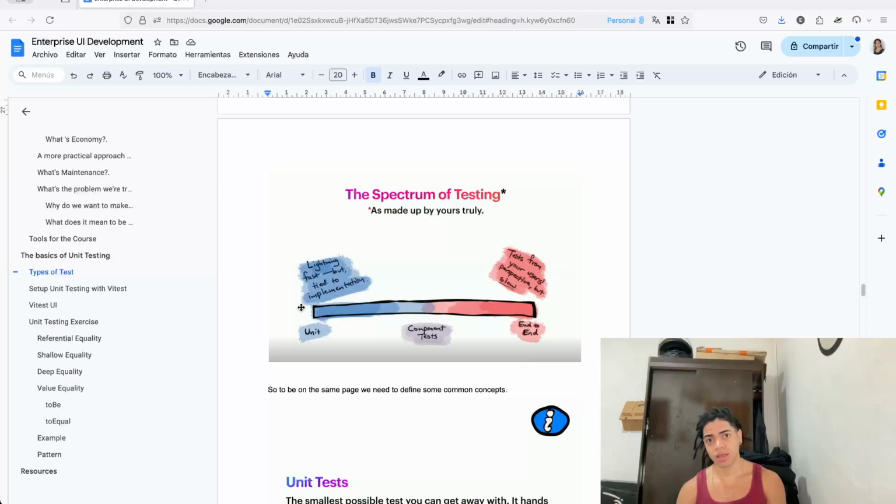sometimes, which is close to end-to-end. The idea here is, well, testing multiple units, integration testing. And then we have something called component testing, which guarantees that a particular UI component works as expected. And also, we need to understand some of the jargon used in the